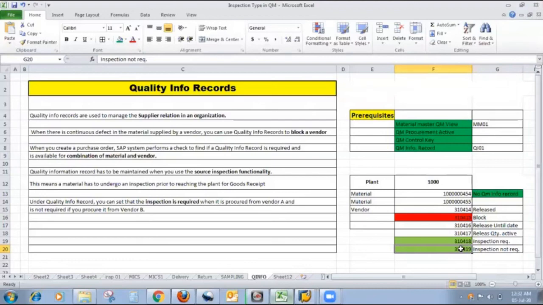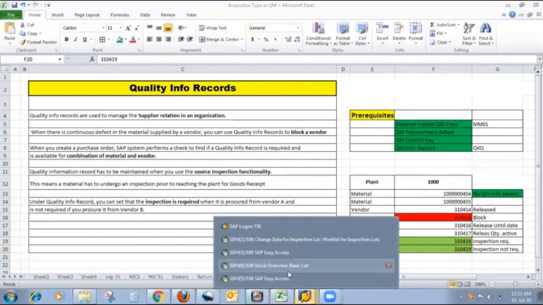The main purpose of the quality info record is to manage supplier relations and the material-vendor combination. With the help of this, for the supplier supplying the material, we can judge the quality of the material, and it is a very important terminology. So this is more about the quality info record.